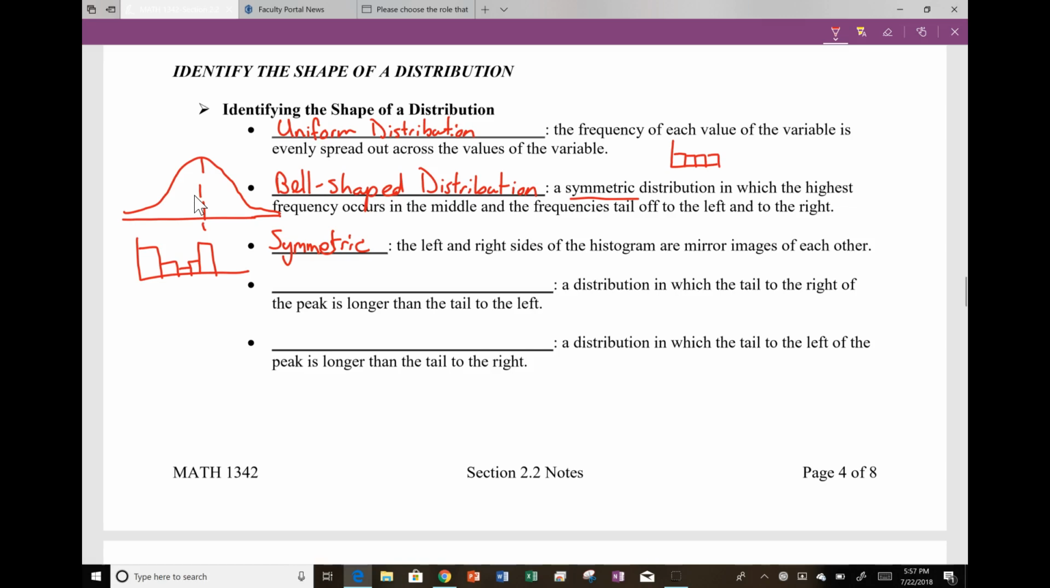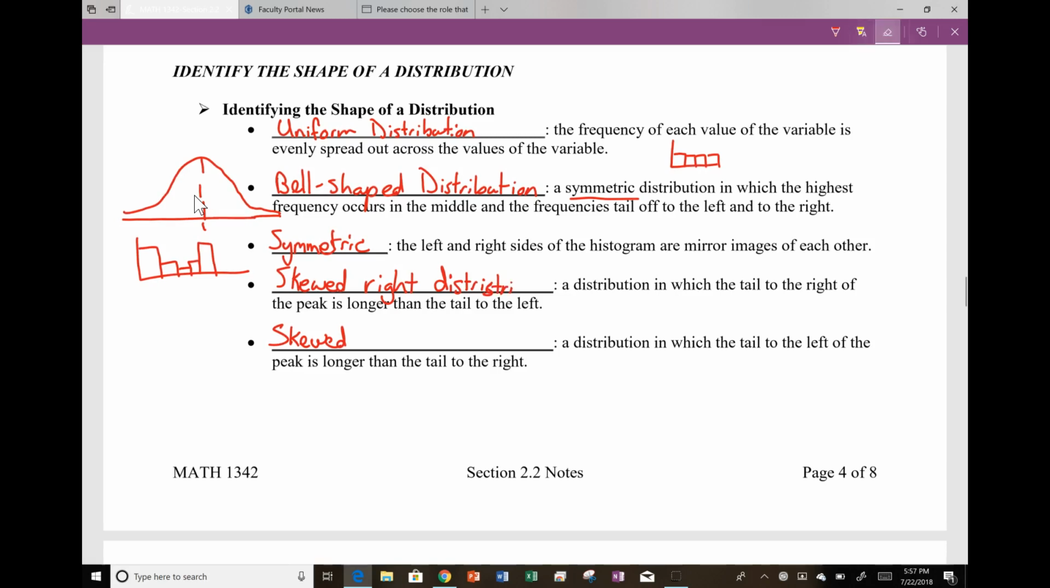The other two types of histograms are what we call skewed. So there are different types of skewed data. The first type is a skewed right distribution. And if you'll notice